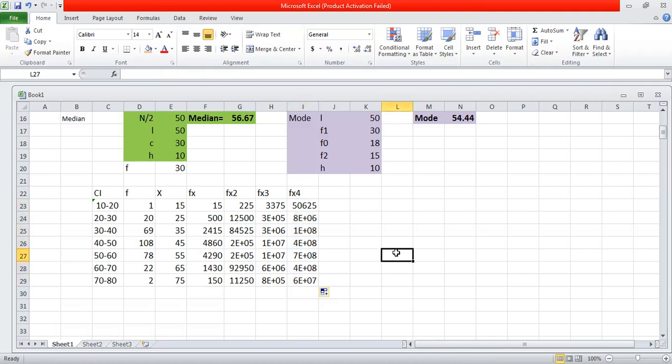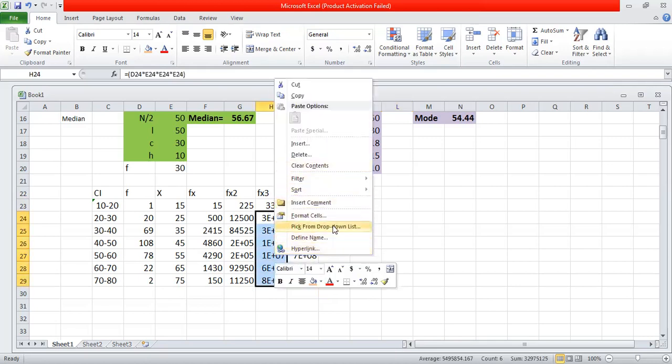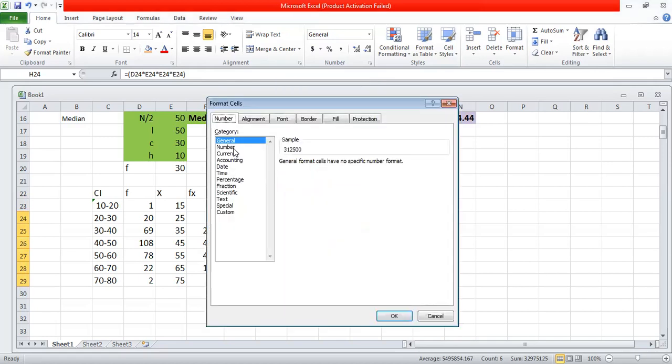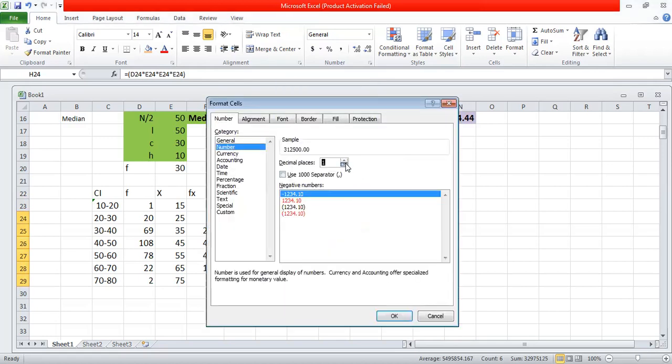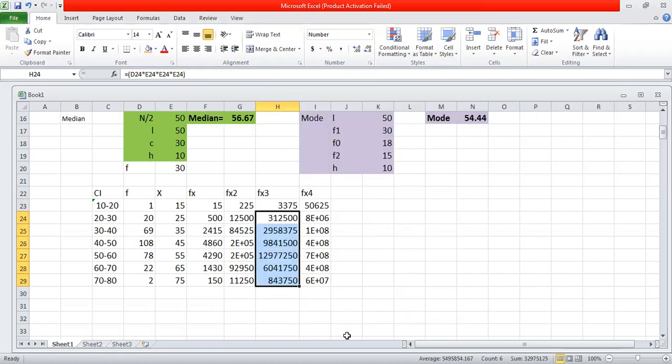Now if you observe, in these values we have 3e plus 05. So here what is happening? We are getting some lengthy values. If you go to format cells and numbers and remove the decimal point, we get the exact numbers. But these are very lengthy values, right? So I've just shown this so that we see lengthy values like this. We can do this, but the alternate way is,